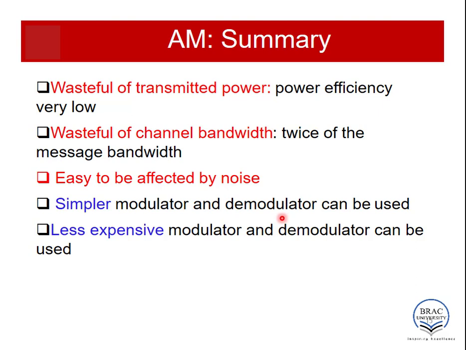A summary of this DSB-C AM section. Now we know that DSB-C type of AM has very low efficiency, at most 33% if we want to ensure envelope detection. Also, in the case of DSB-C, both upper and lower sidebands are transmitted. That's why it's called double sideband. But this is bandwidth inefficient, as both the sidebands have similar information, and if we could pass only one of the sidebands, we would be able to reconstruct the message.